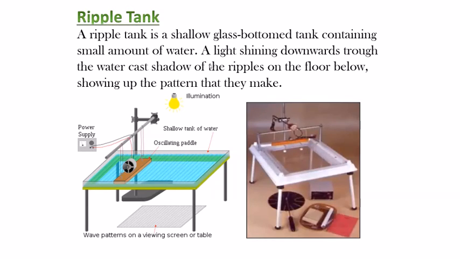This is a real picture of the ripple tank. So what it consists of: a tray is there. This tray is filled with water, and we can produce a wave here. How can we produce a wave? So if we want to produce a wave in a ripple tank,